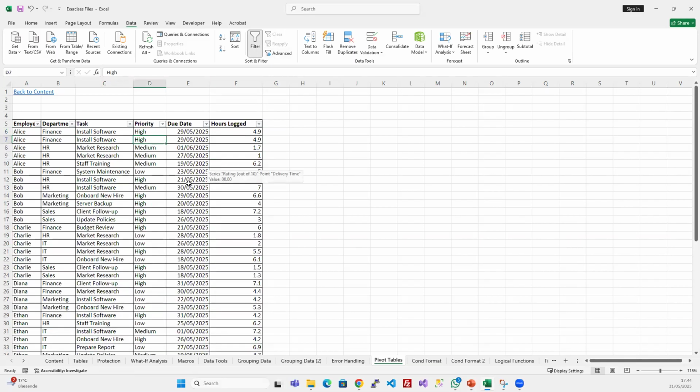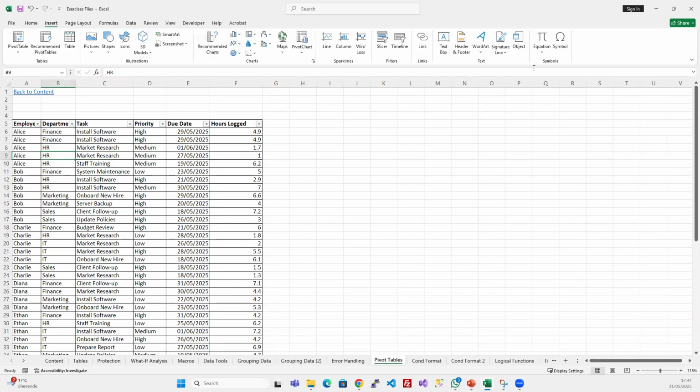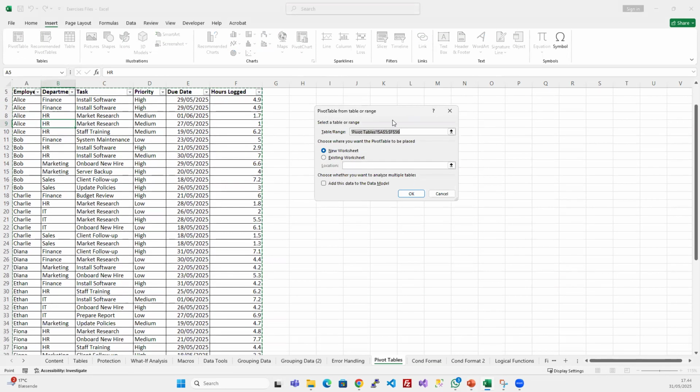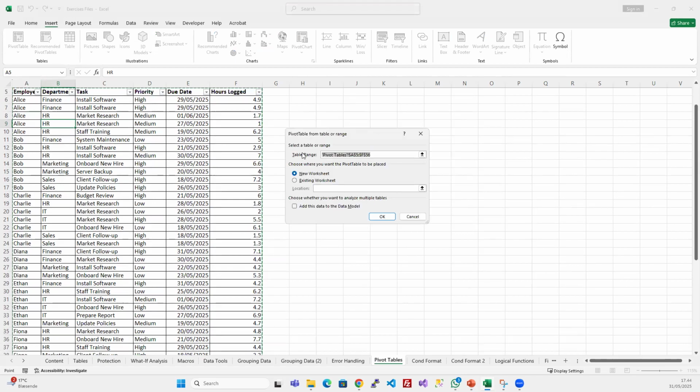To insert a pivot table, it's kind of like how we did with charts. You can go to the Insert tab on the ribbon, and the first button you see here is the pivot table button. Click on that. It brings up the dialog box for you. It's asking you here,